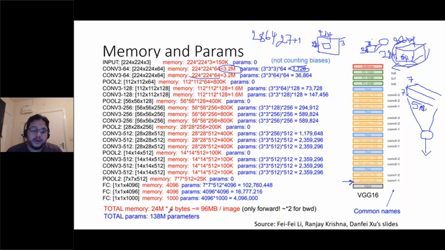So if we look at this, this is just how much every parameter needs. If it is a float, a regular real number, we need 96 million bytes per image of memory here. For every image, we don't need to store them all at the same time.